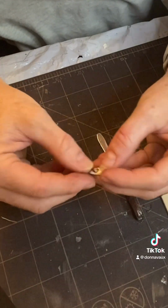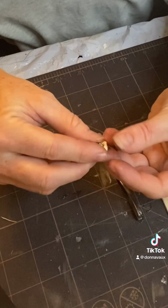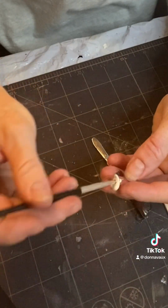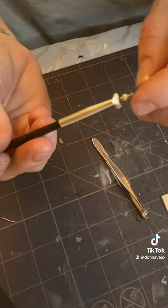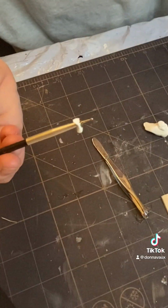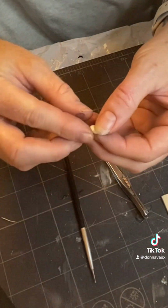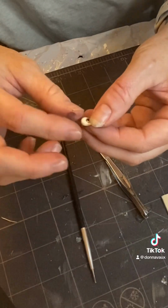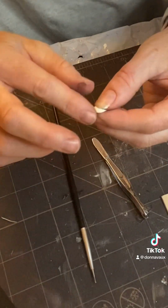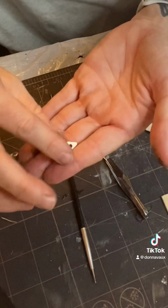So then you're going to stick the grommet into the air dry clay. You're going to form the air dry clay around it. You want to kind of get that heart shape. I'm using this little metal tool. I love this tool. It's one of my favorites. It's got such a thin little ball point on the end. So I just poke it through, and now we have the basic shape. Takes a second to get it to the right size,